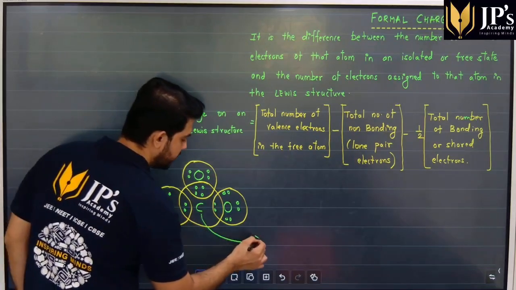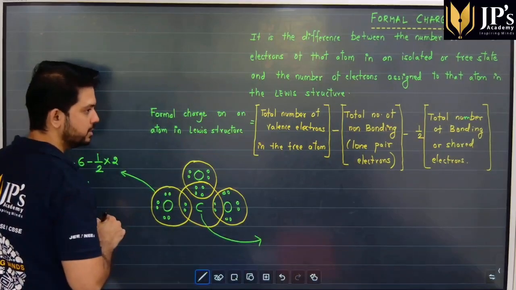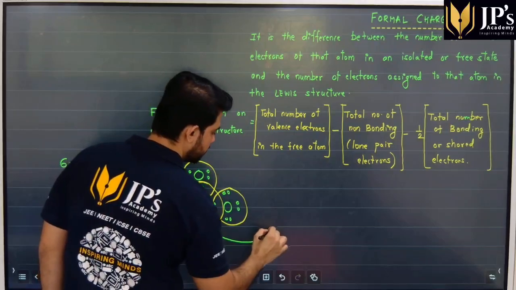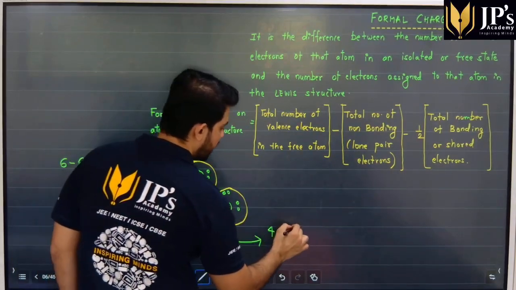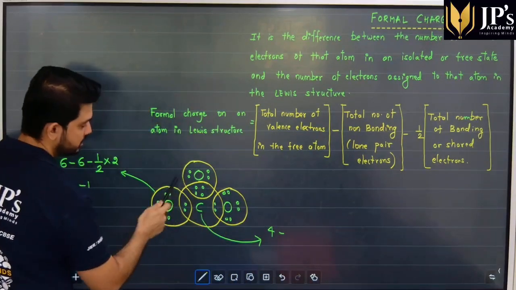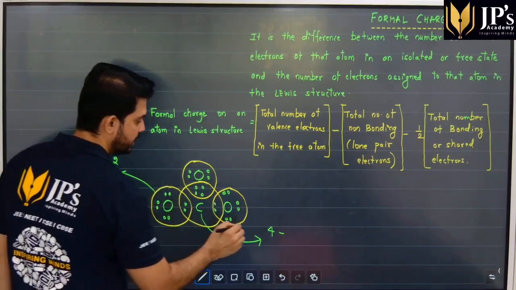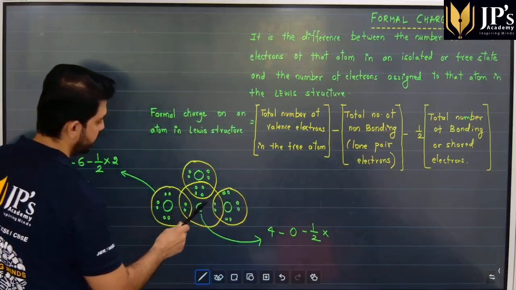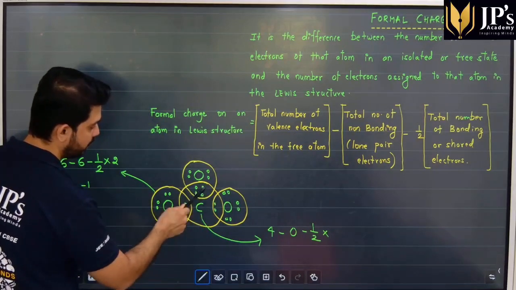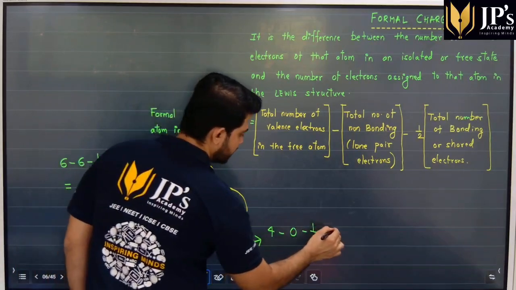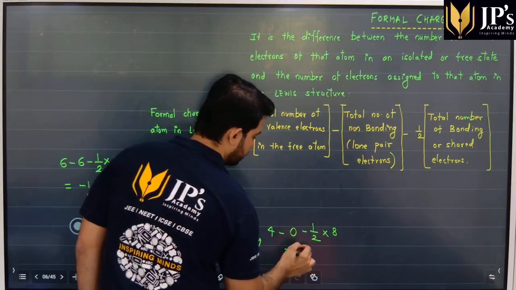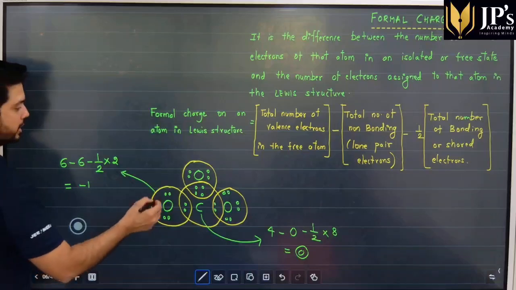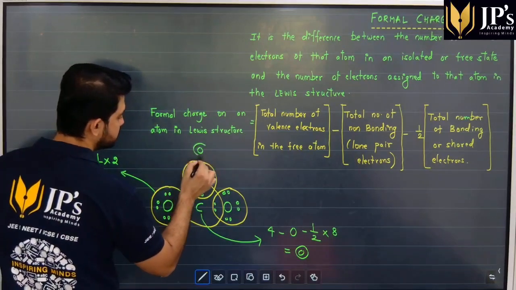स्टूडेंट्स। फॉर एग्जांपल ये कार्बन पे वी वांट टू कैलकुलेट द फॉर्मल चार्ज. The first formula is total number of valence electrons, so that is 4, minus number of lone pair. स्टूडेंट्स यहाँ पे दिख रहा है हमें lone pair electrons कोई नहीं है तो -0, minus half into number of shared pair, 2 यहाँ पे और 4 ऊपर, so that is 8। इसको सॉल्व किया तो हमें फॉर्मल चार्ज मिलता है स्टूडेंट्स 0। सिमिलरली अगर आप बाकी कैलकुलेट करेंगे आपको ये ऑक्सीजन पे भी फॉर्मल चार्ज 0 मिलेगा और ये